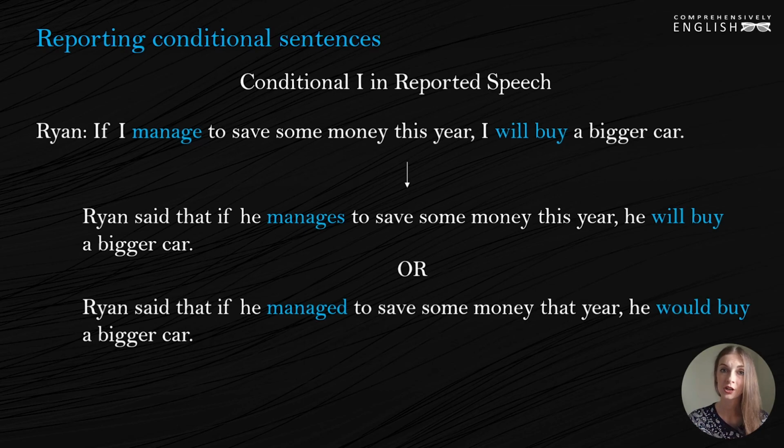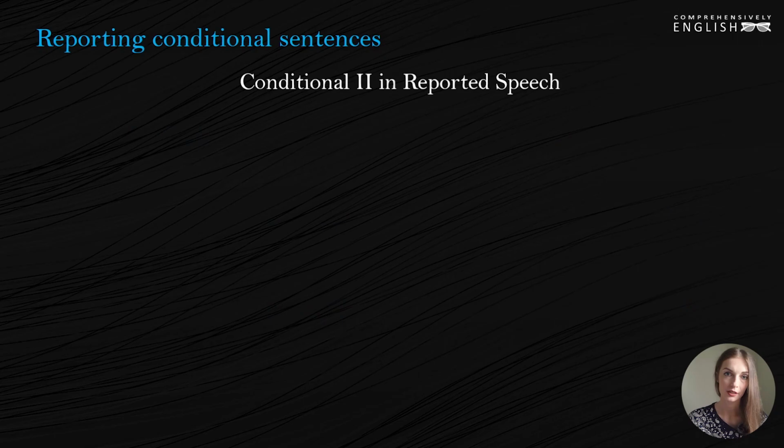It's no more this year, it's already that year, the year that has passed, right? The second conditional, or conditional 2, speaks about unreal situations in present. Though it uses the past simple tense, it speaks about the present, it speaks about the conditions in the present